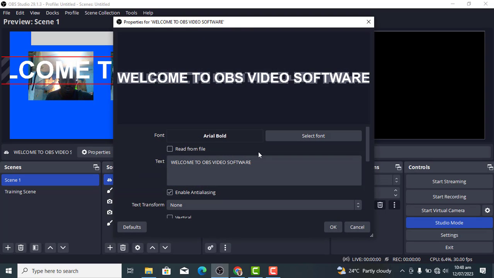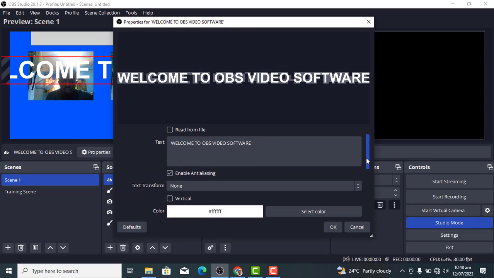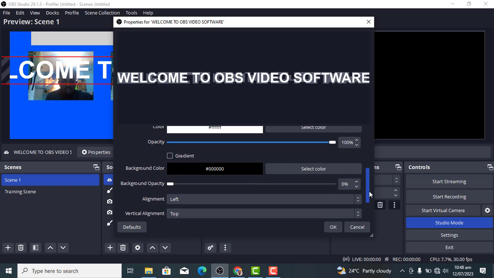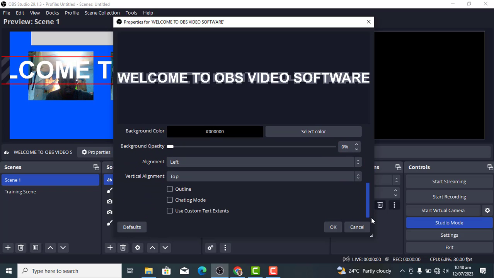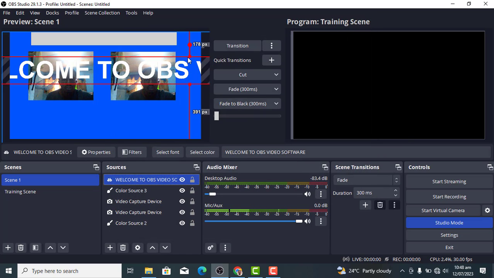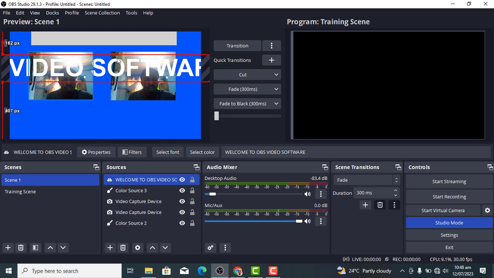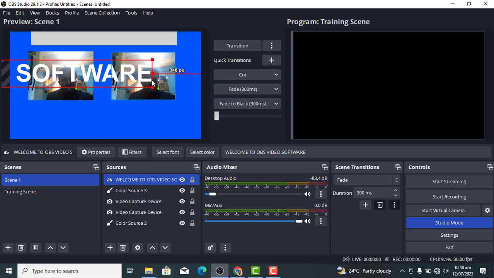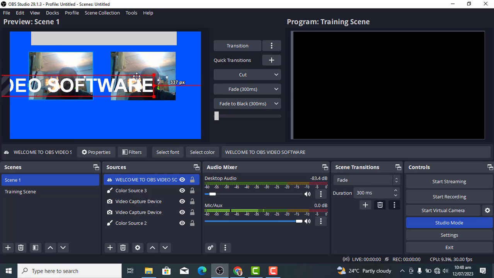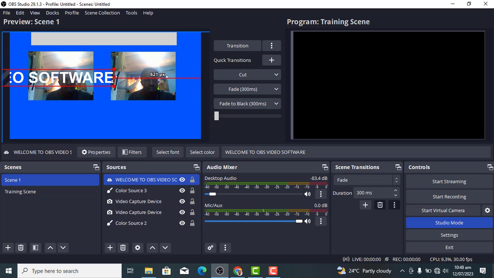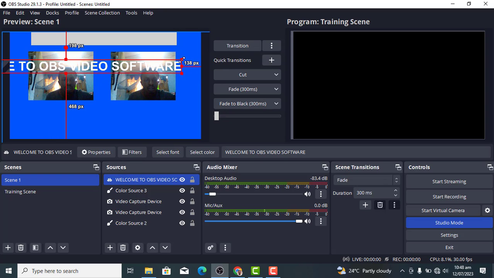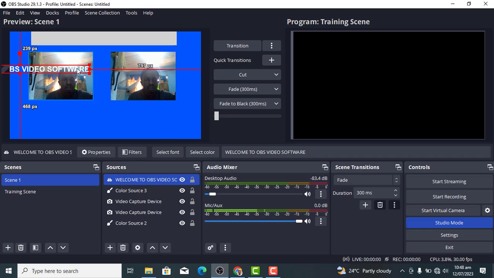Let me click if there's a way to reduce the size from here. Okay, let me reduce it from here. Let me reduce it this way. It's reducing. Can reduce it this way. So you can see,